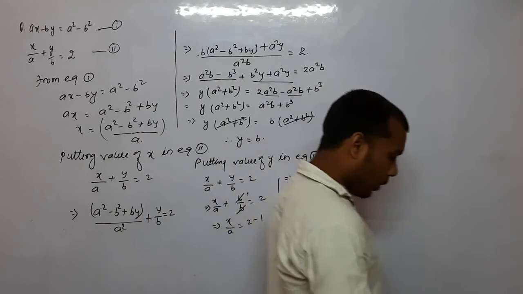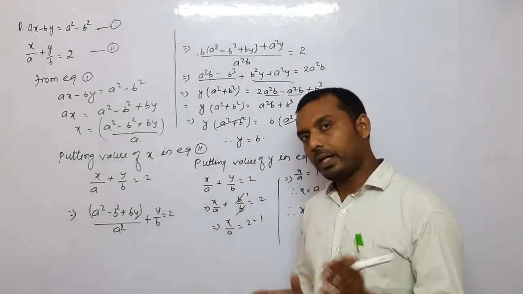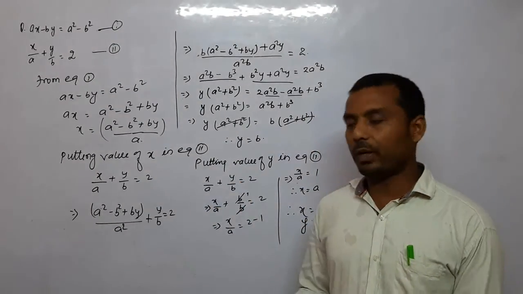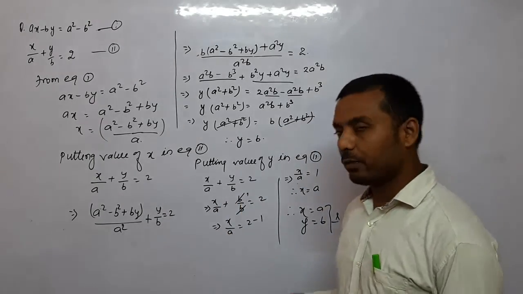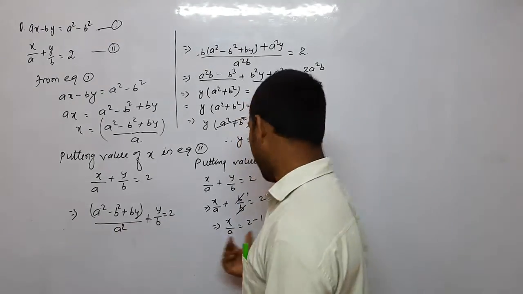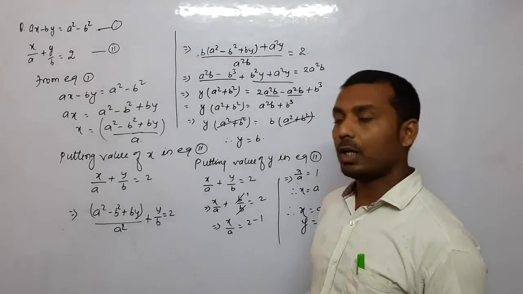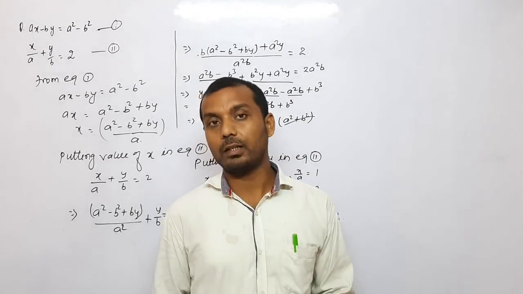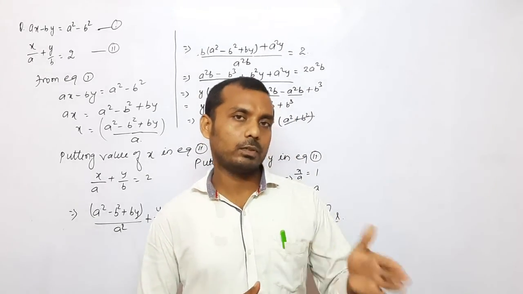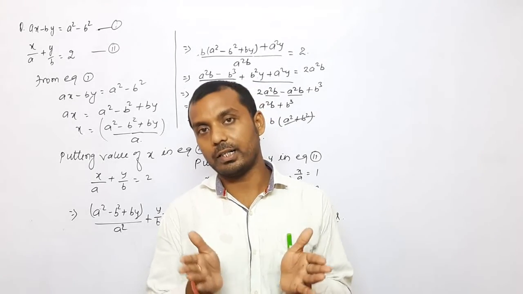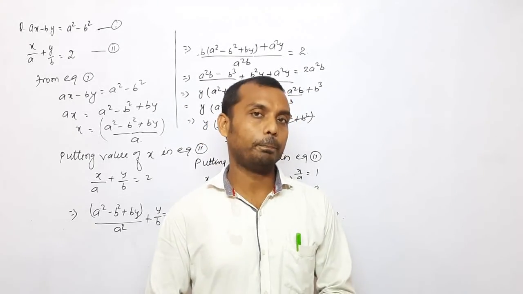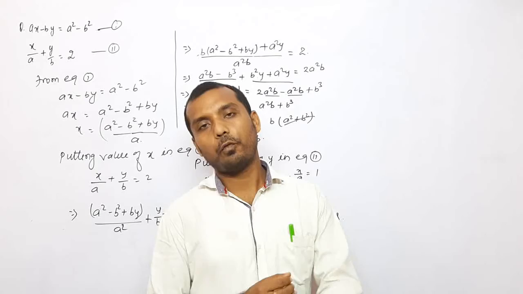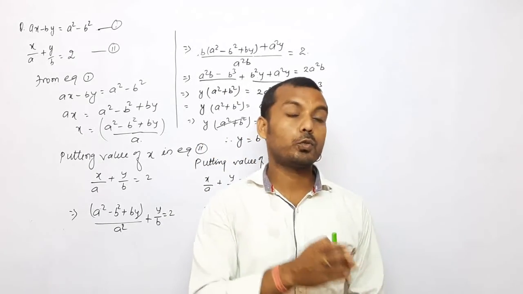Just on observing what we get, student, we have obtained the same value. Using the elimination also we have obtained the value of x and y as a and b, and even though we have gone through the substitution method also, we have obtained the value of x and y as a and b. So the processes are different, the way of solving is different, but finally the resultant values are the same. So what we need to focus on is to follow the proper steps to get our solution.